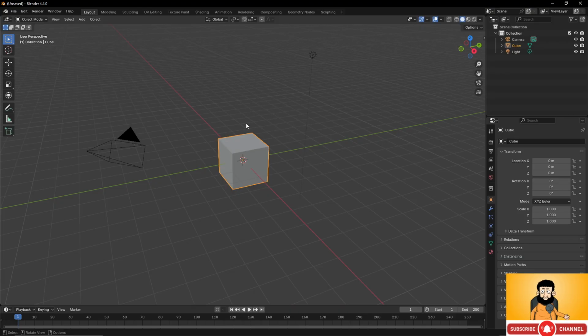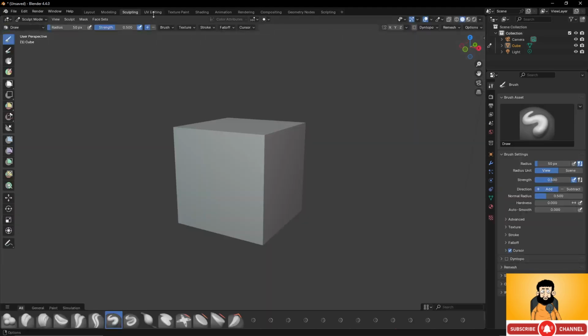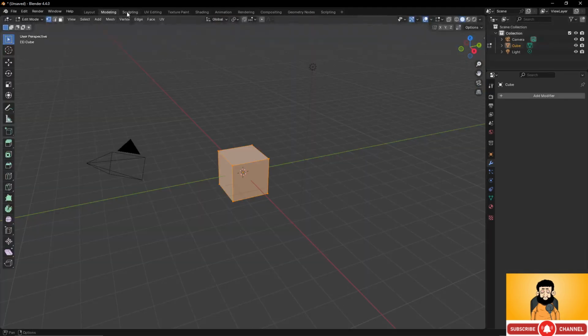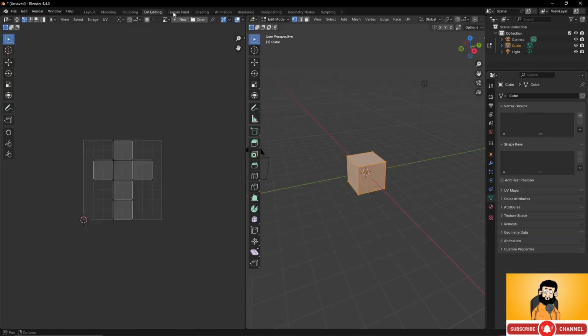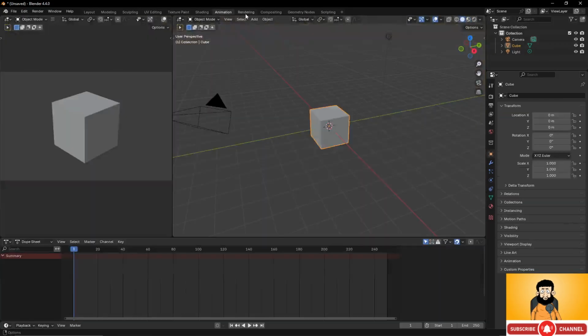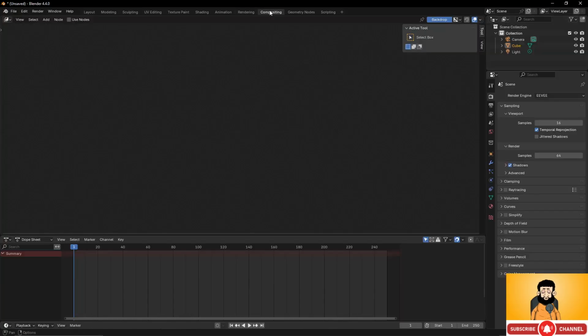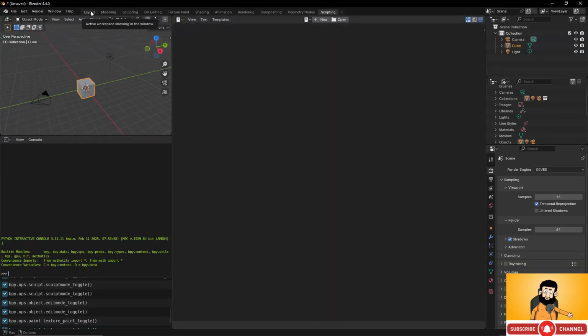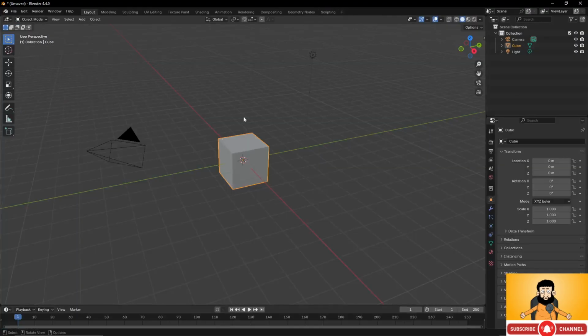So first of all, we will notice that we have different layouts here, okay? And all these layouts are made for specific tasks. So here we have the modeling layout, the sculpting layout, the UV editing layout, texture paint, shading, animation, rendering, compositing, geometry nodes, and scripting, okay? And we have the main layout, the one that we will use